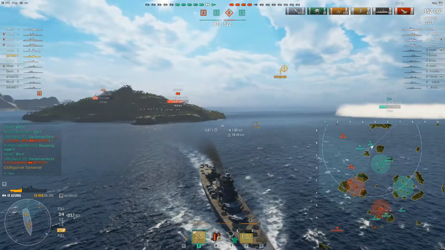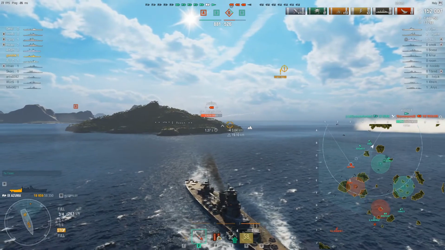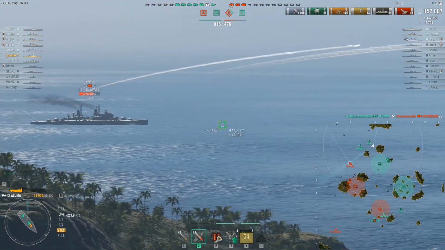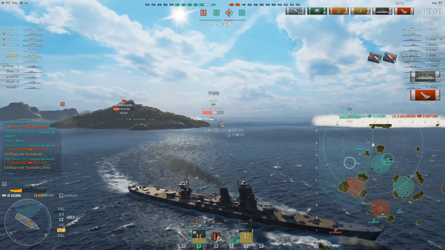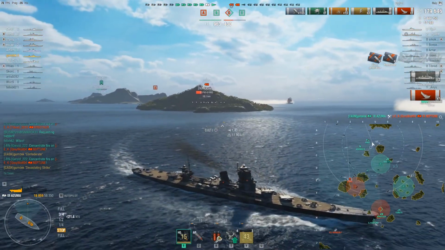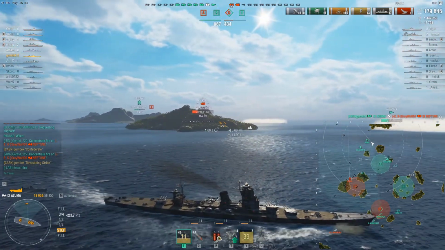And now I'm already, you can see, I don't care. Mogami has 1,000 hit points. Asashio will be able to finish him, or Iowa, and I will focus Neptune immediately. I still kept my AP loaded. Neptune is giving a lot of broadsides to me, and bam, 3 citadels, 4 hits, 4 full penetrations, 1 overpen. Those were 3 citadels, and I'm immediately